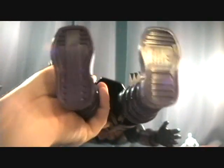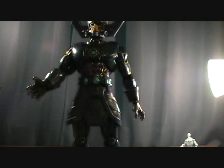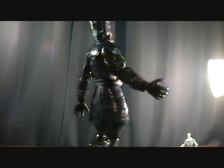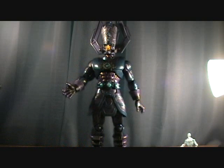Double jointed knees, swivel at the top of the boot, and back and forward pivot at the boot. It's very cool. I would have liked to see a little more detail on the bottom of the feet, but that's definitely a very minor complaint. Not even a complaint, just something that I notice. But very cool. Definitely got to pick this guy up if you can find them in the store